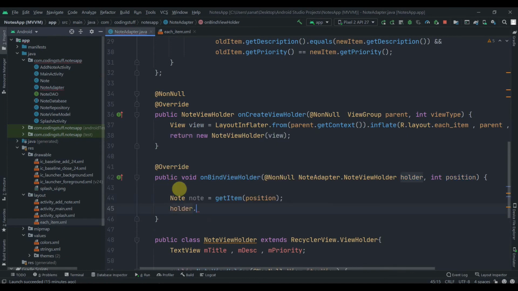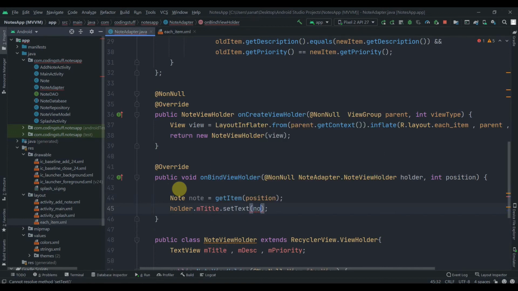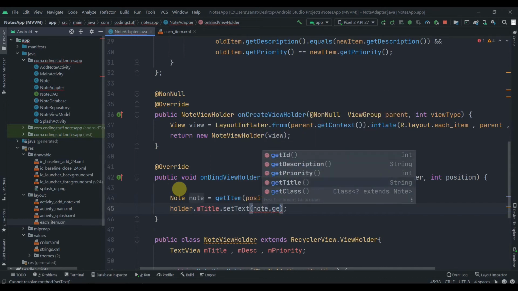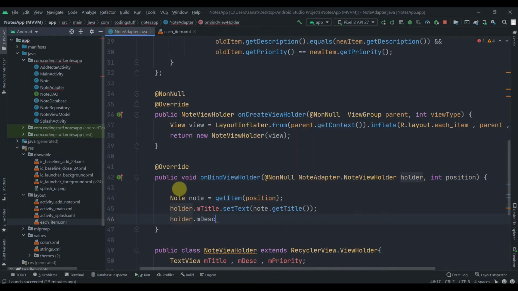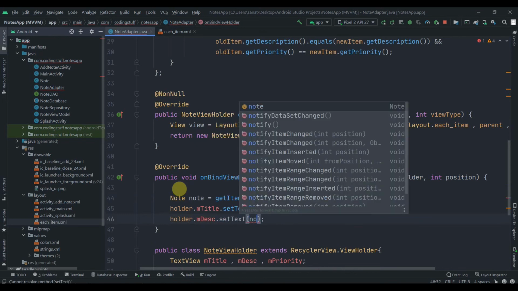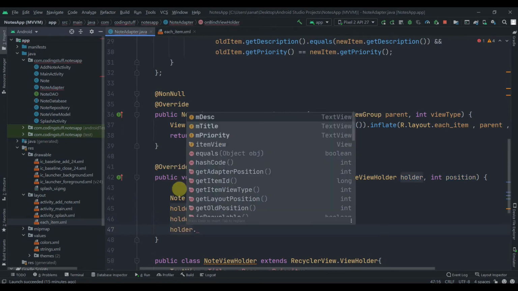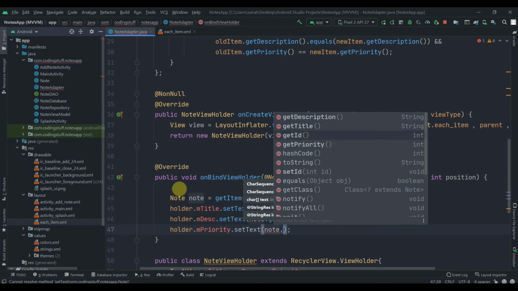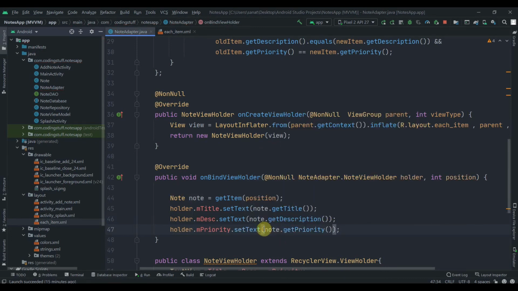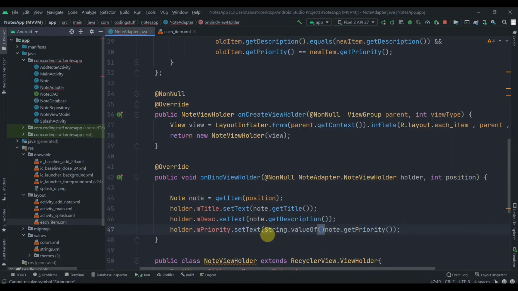Then we'll use this holder. So holder.title.setText(node.getTitle()), and then we have holder.desc.setText(node.getDescription()), and the last one holder.priority.setText(node.getPriority()). So we have to convert this into string. So we'll write here String.valueOf